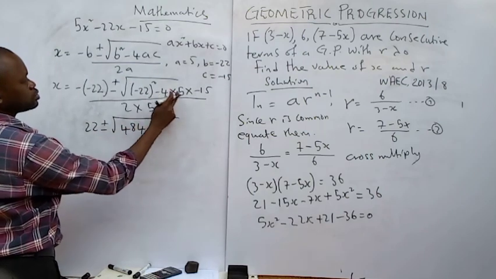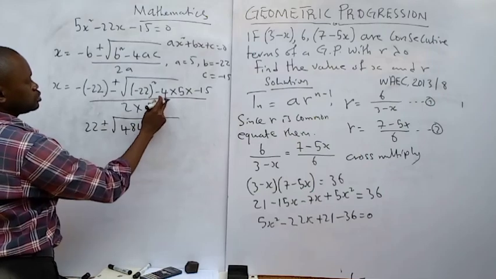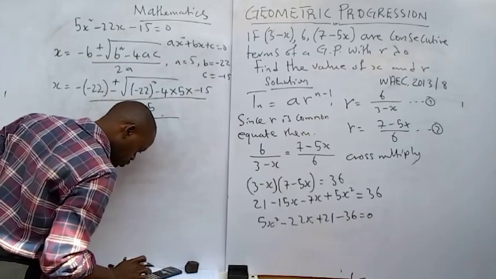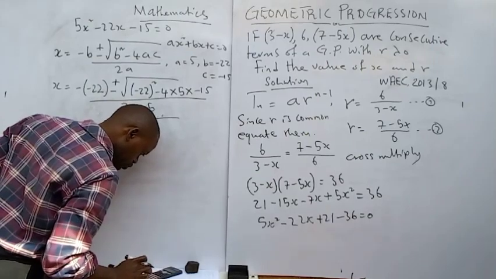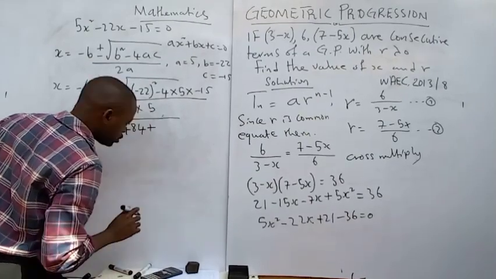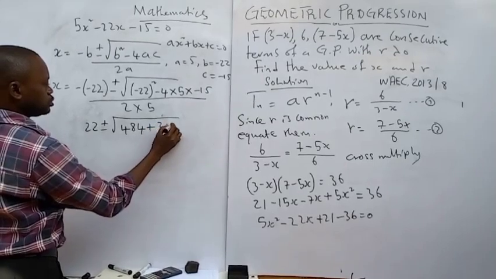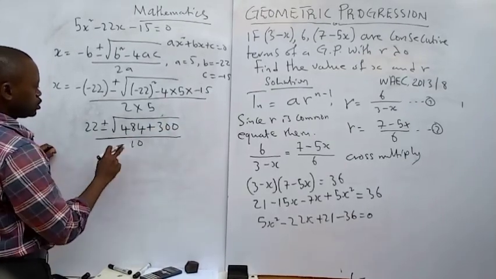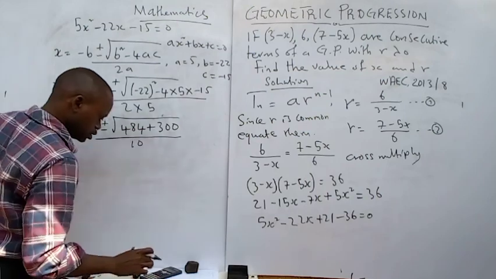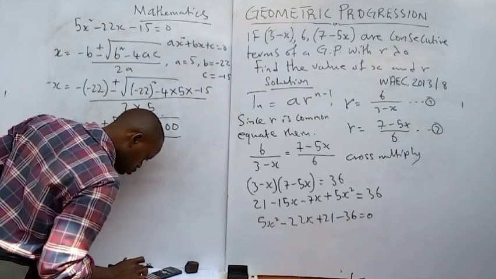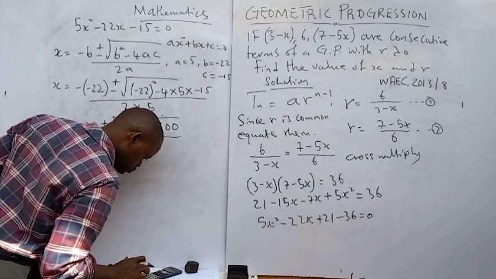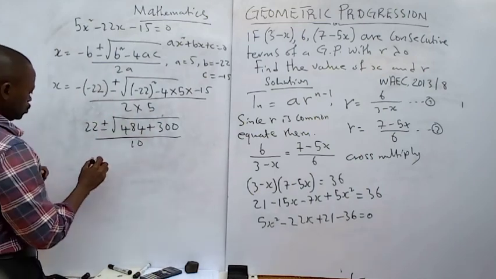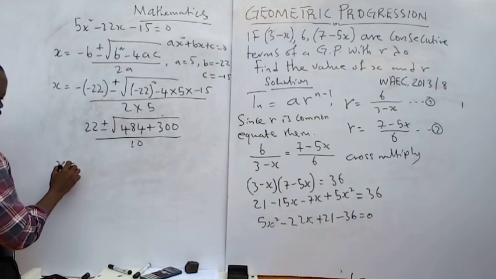Minus times minus will become plus. 4 times 5, 20. 20 times 15, 300. 300 over 10. 484 plus 300 is 784. So I now have x equals to